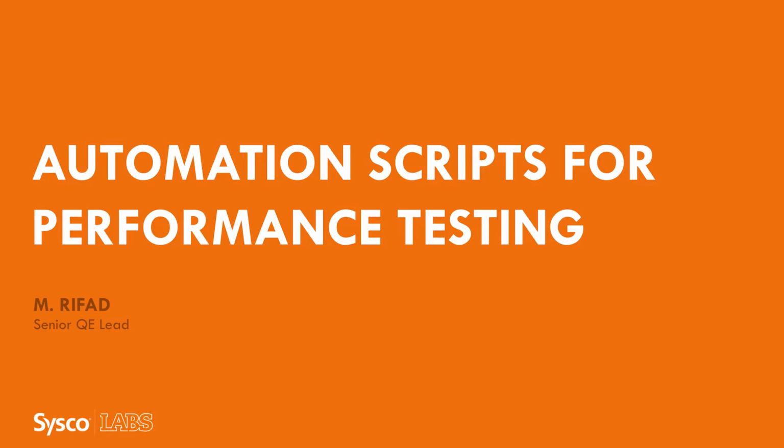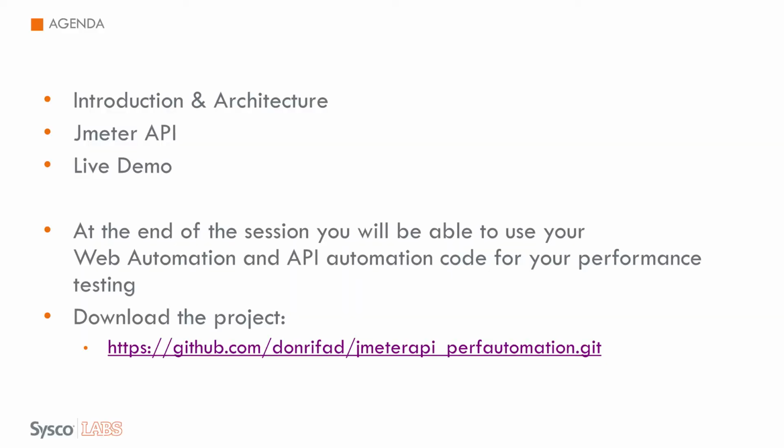I work as a senior quality engineering lead, and today I'm going to present to you about JMeter API and how you can use your automation code for performance testing. I'm going to give an introduction and architecture, how this has been done, and a live demo. At the end of this session, you'll be able to use your web automation or API automation code